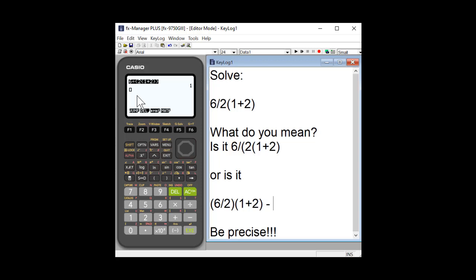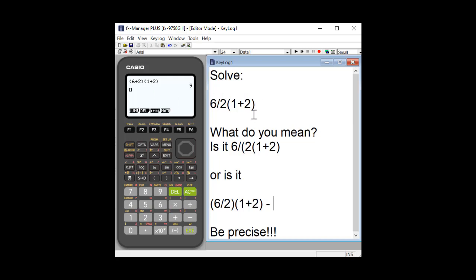I'm just going to show you some options. So you could go and say, oh, that's not what I meant. I actually meant that I wanted the 6, and we're going to delete this, and the 2 grouped, and then the 1 and the 2 grouped, right? So you can go and correct it if you want. And so watch what happens when I corrected it. I get the solution of 9. But the nice thing about the calculator is it's telling you how it grouped it before it did the calculation, and therefore students can look and say, oh, that's not what we meant.